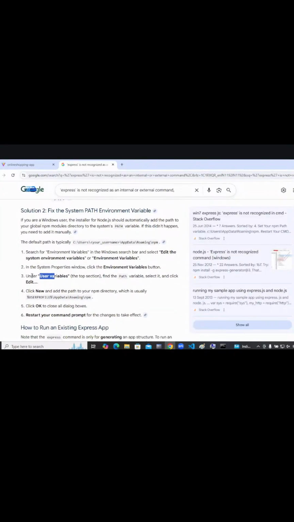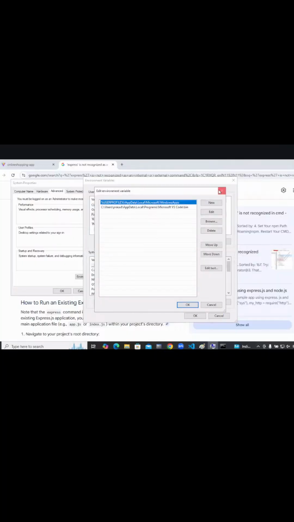Fix the system path in environmental variables. Okay, the environmental variables button. Add user profile, add data roaming. This is also there, right? Under my environmental variables, if I go with the path, app data and so on, this path, I can remove. Delete. You add the path to your directory, app data, roaming, and npm.